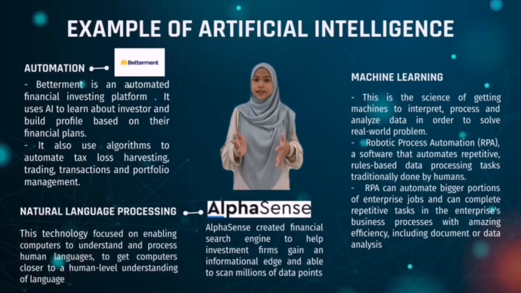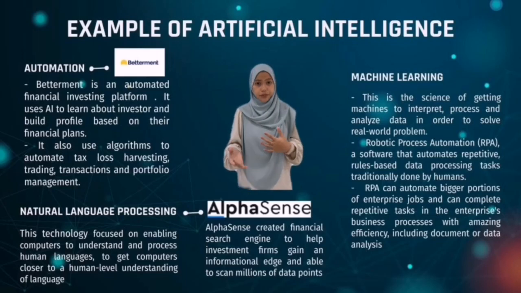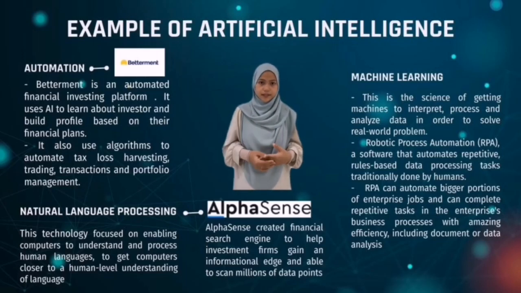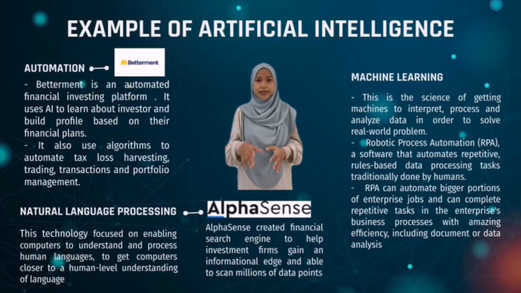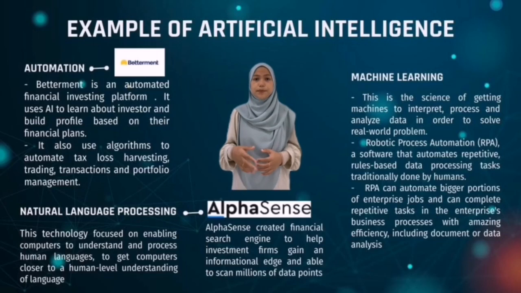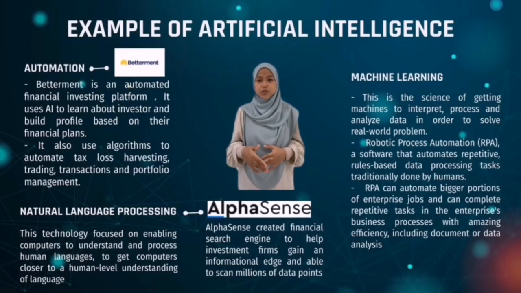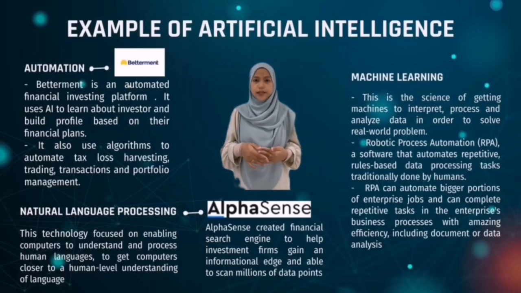Okay, next is the last, which is machine learning. Machine learning is the science of getting machines to interpret, process, and analyze data in order to solve real-world problems. This is the science of getting a computer to act without being explicitly programmed. With machine learning, finance professionals can predict future trends based on historical data or records. An example is